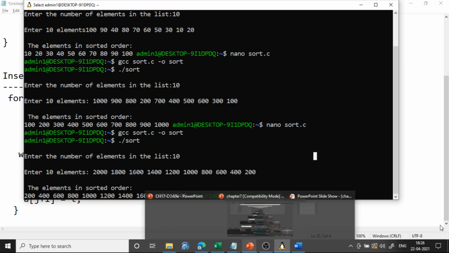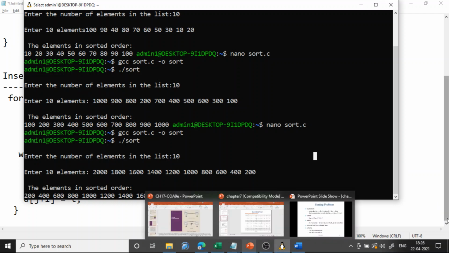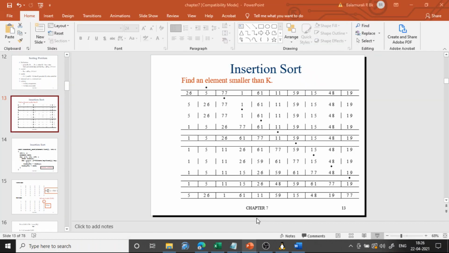So this is the logic, right? Here is one example given in this slide. It is similar to whatever we have discussed. This is the list which we want to sort. Initially you see 26 we are not touching. 5 is compared with 26. As it is greater, it is copied here. First it is copied and then it is replaced. These middle internal steps are not shown here.